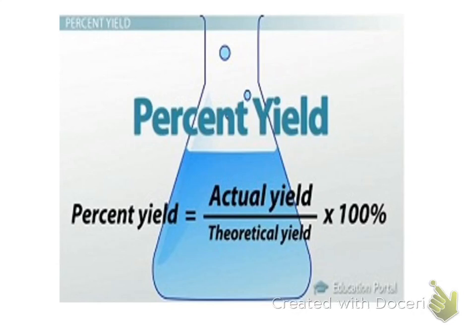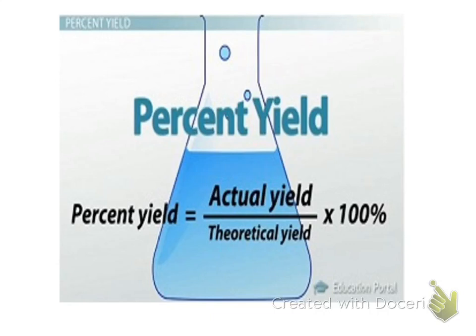But the world is not perfect, so because it's theoretical, you have to know how much you could get in theory to know what your percent yield is. And this is something that manufacturers use quite often, because if you're in the business of manufacturing goods, you want to get the most product that you can make, because if you make more product, you make more money, okay?